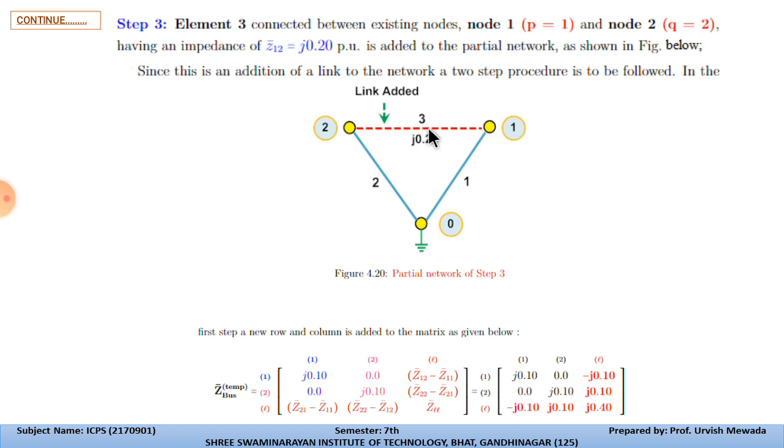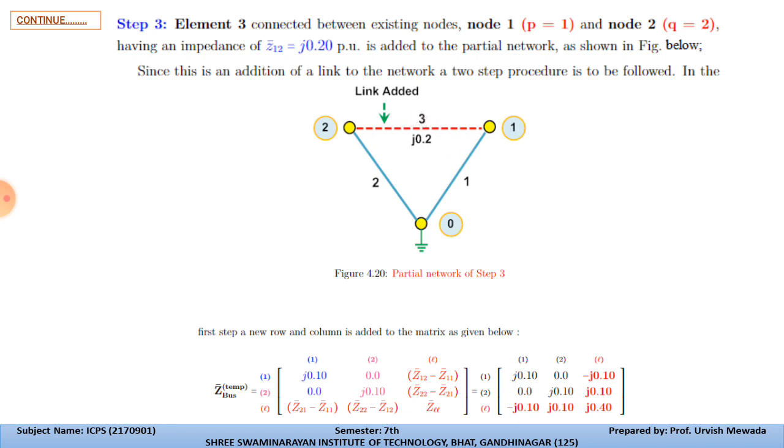So it is added to the partial network as shown in this figure diagram. Since this is the link in our graph diagram that we drew in the second slide of the main SLD,